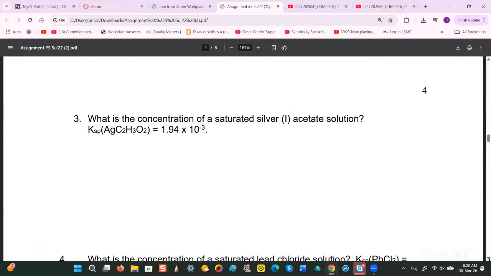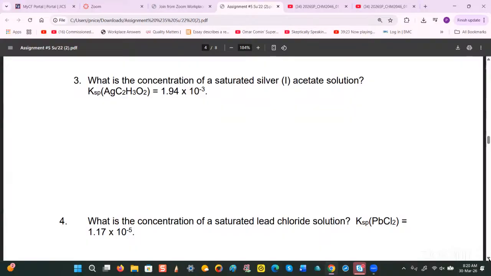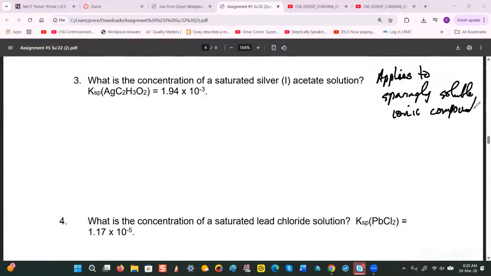Now, number 3 is dealing with a concept known as solubility product. And this term, the solubility product, applies to sparingly soluble ionic compounds. Okay, so what we're talking about here are basically ionic compounds that we normally consider to be